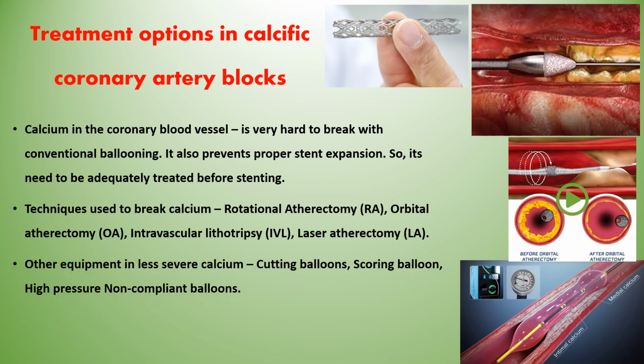And if there is a simple or less severe calcium, there are special balloons like cutting balloons or scoring balloons, where there are small blades over the balloons and it will crack the calcium. Or you can use very high pressure non-compliant balloons, where you can inflate the balloon to a very high pressure. With that pressure, it can break the minimal calcium, whatever is available. So these are the special techniques we will use to break the calcium and achieve a good result during